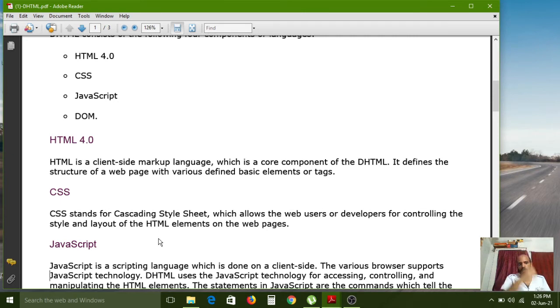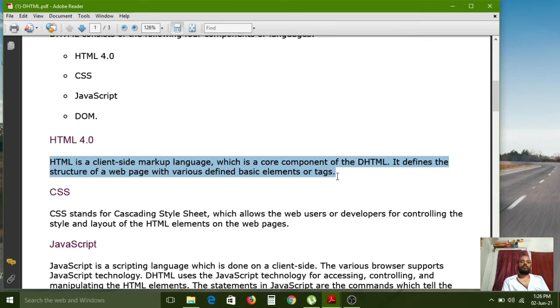HTML 4.0. HTML is a client-side markup language. All of you carefully observe here. Please concentrate on the selected text, then only you can understand. So here I selected some text, and now I am explaining about that selected text only.